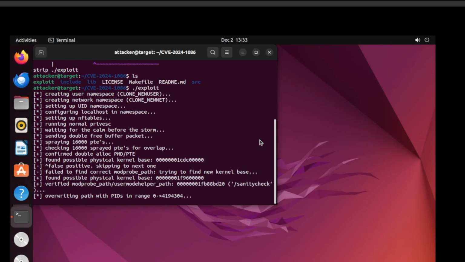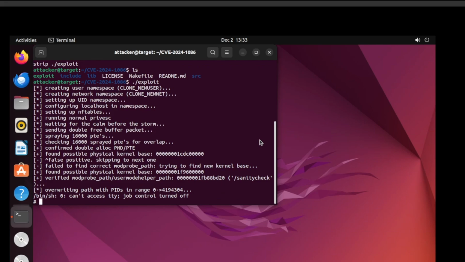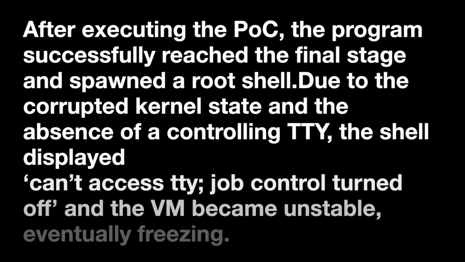If your virtual machine breaks at spraying, you can go into the config files of the exploit and modify the spray amount. For larger distros, you might need to increase the spray amount. So I did get into the root shell, so the exploit worked, but since we're running this on a virtual machine, the virtual machine becomes unstable and it eventually freezes, so I have no way of collecting any evidence